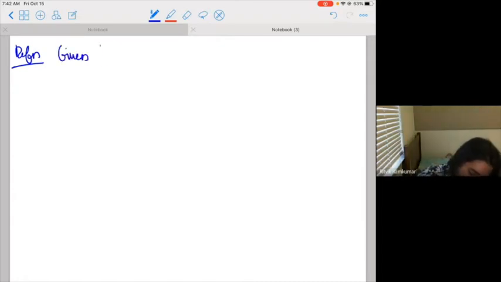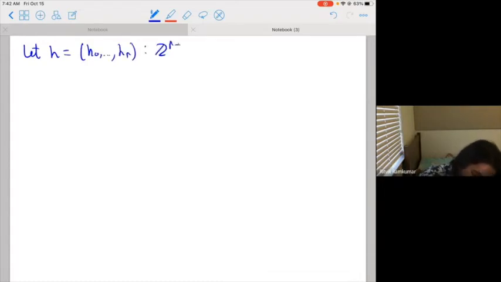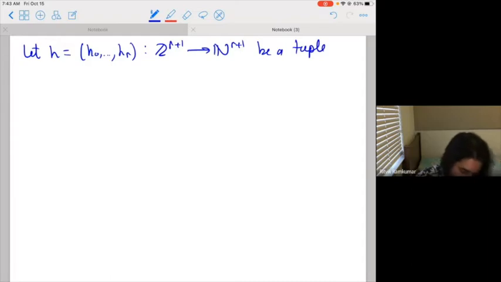Since we're going to be encoding all the cohomology, as you'll see, I'm going to fix the following notation for the rest of the talk. So let h be a tuple of functions. Each h_i is just a function with